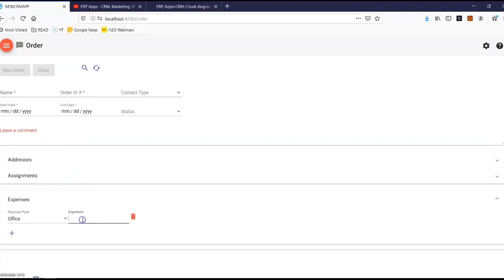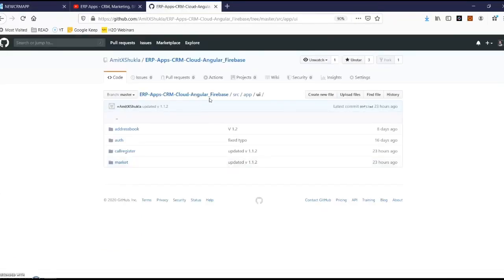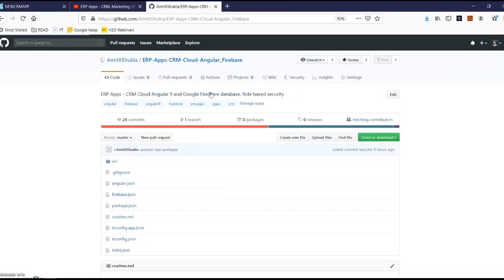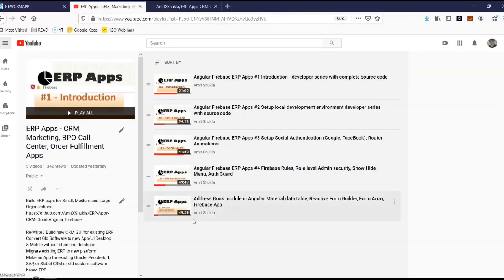All right, and you can also store the expenses related to the work order. For example, you end up replacing some parts for that particular customer, or the device, or whatever you are repairing. So you can store all the expense related information. Similar to the work orders, you can have the order page. Again, the idea is you can have as many pages as you want, and you can customize this entire application based on the requirement.